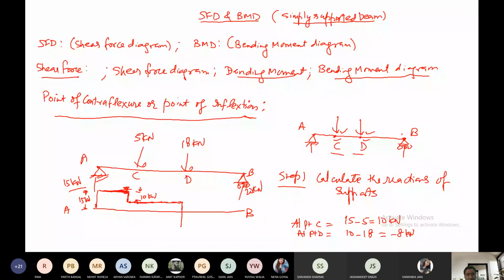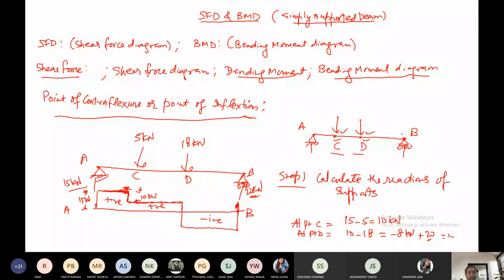And again nothing is here. Fine. So now what is the value at B? Let us say it is plus 20. So we have to increase it, that will be 12 here. So it will increase here. We will let it be increased up to this point. So at this point, this line matches at point B. I am just taking an example here, not the exact values. So the shear force diagram is made like that. This portion will be positive, this portion will be positive, and this portion will be negative.